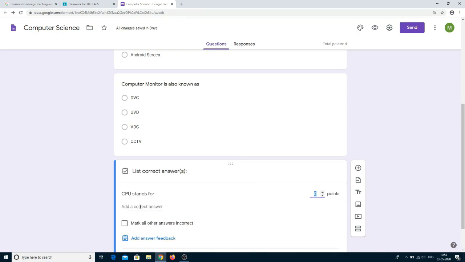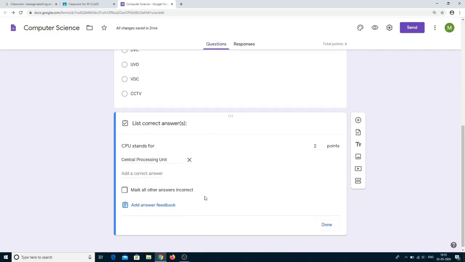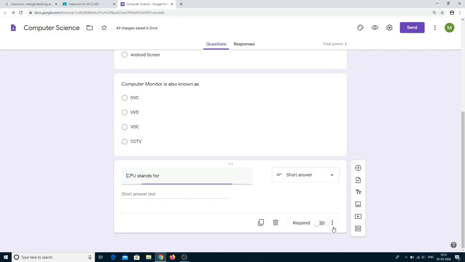So in answer key I'm giving the option as central processing unit and I'm giving the points as 2 points. After specifying these 2 points, click on done.